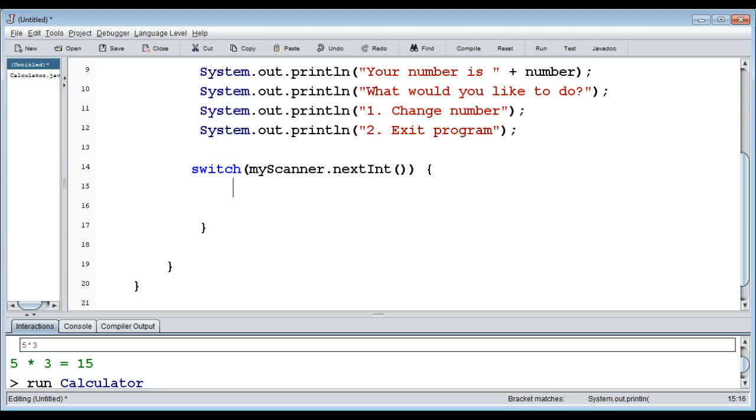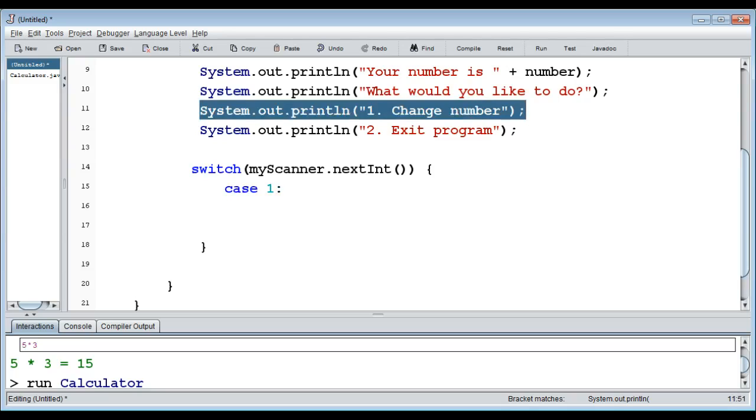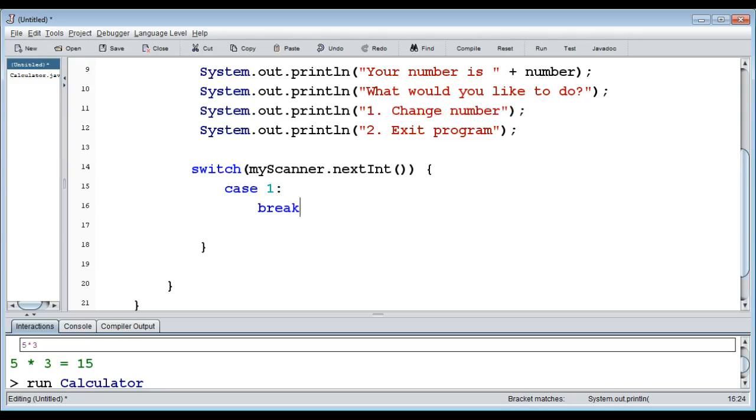Okay. So the first case is if we want to change the number, and here we want to do something, but I'm going to write that code in a bit. And then the second case is going to be if we want to exit the program. So we can do exit the program, and then I want to print out the final